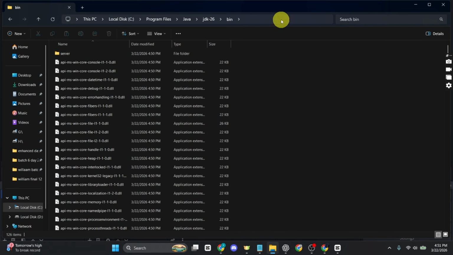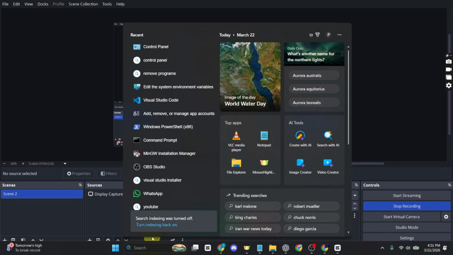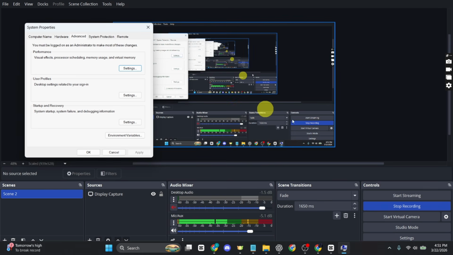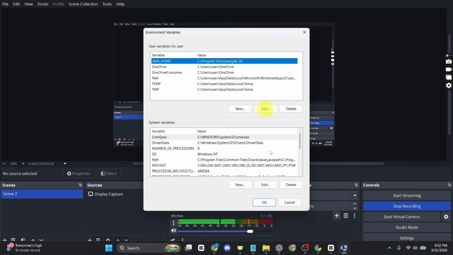And once you are in the bin, just right click on the address bar and make sure to copy the address. And after copying the address, just go to your Windows search bar and search for environment variable. And from the recommendation, just open the environment variable, and once the pop-up appears, just click on environment variable and